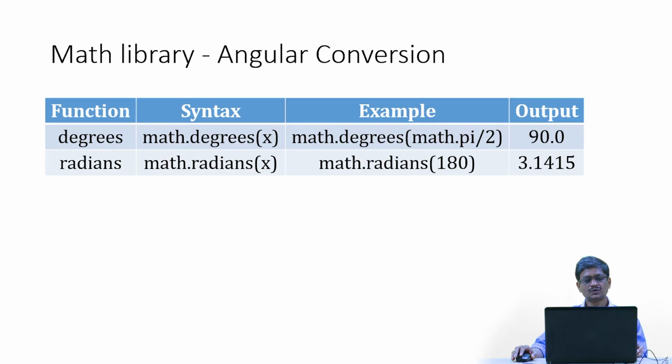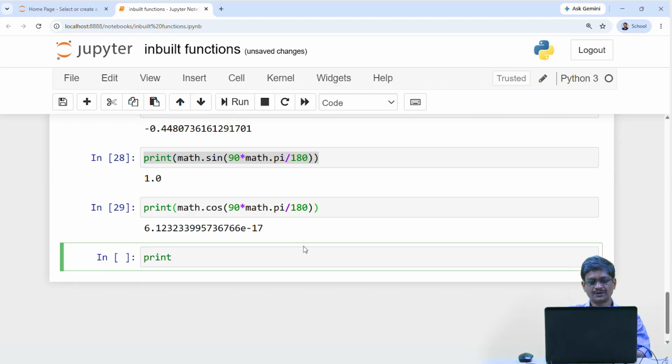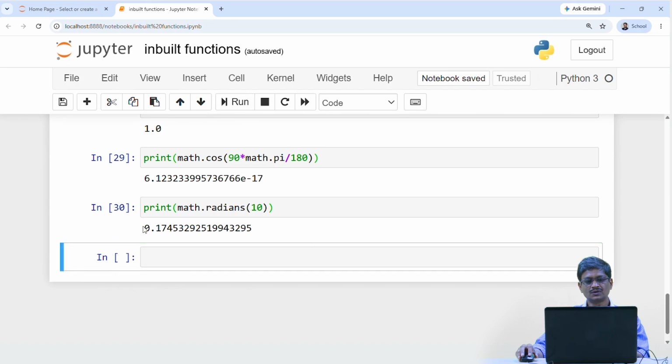Let us see. There are two functions which are available for angular conversion. One is degrees and one is radians. What the degrees function does is whatever value is given to it gets converted into degrees, and radians converts whatever value you give into radians. Let us try this in Jupyter Notebook. I am using print, math.radians. So if I write 10 degrees, it is now equivalent to this much in